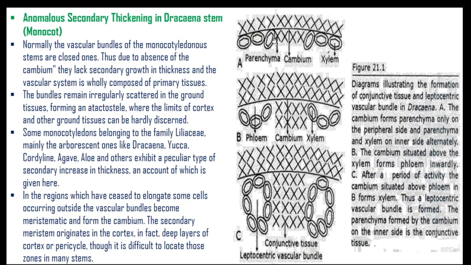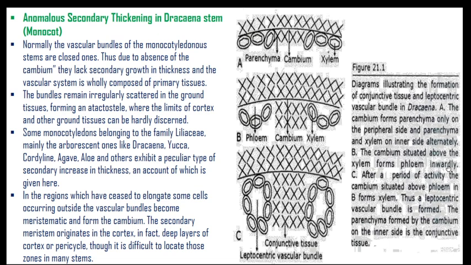So these are the parenchyma, this is the cambium, and these circular cells are xylem. Then in section B, the cambium is situated above the xylem. So this is the xylem, and above that xylem there is a presence of a cambium. Below that there is a presence of a phloem,